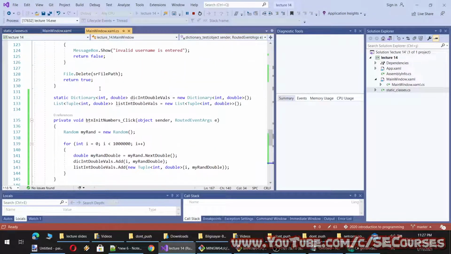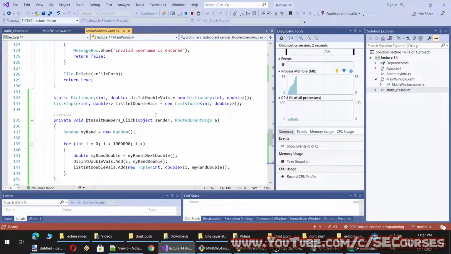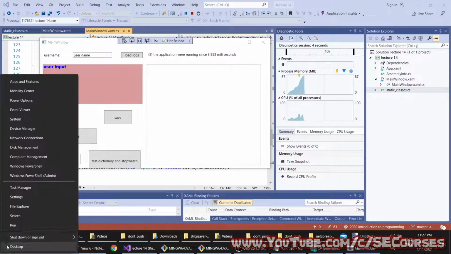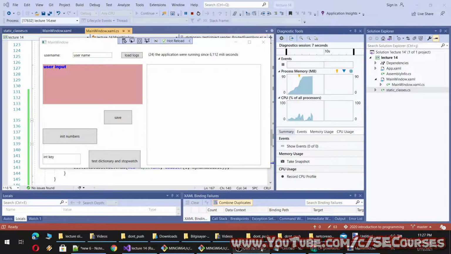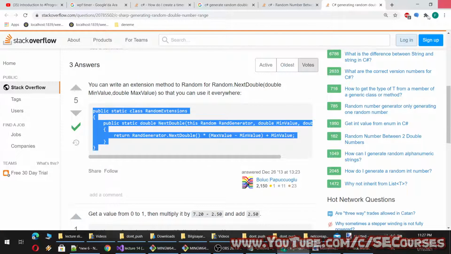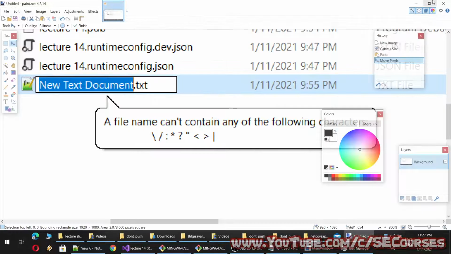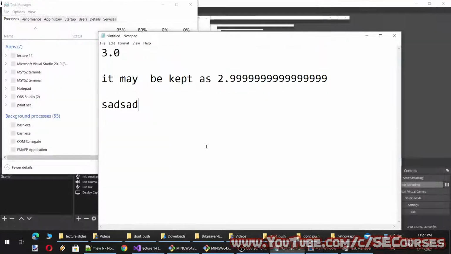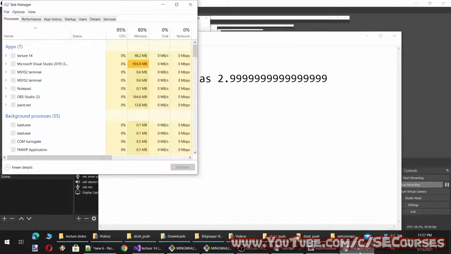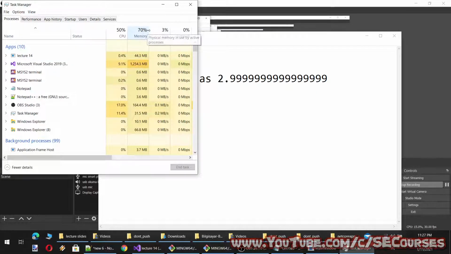Both the list and the dictionary will be held in memory. So I have to check my memory and see how much memory is being used. I'm going to close the browser and Paint.NET to get some extra memory free. Okay, I don't have much memory left.